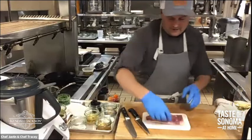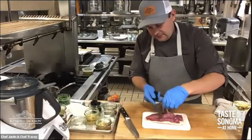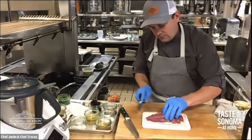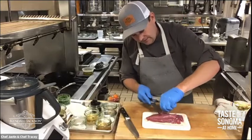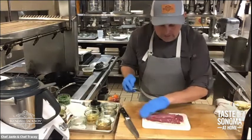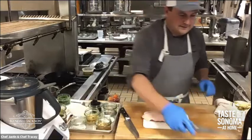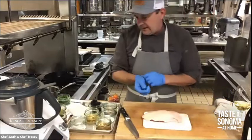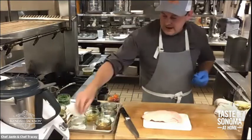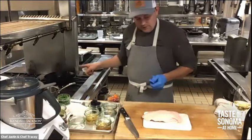On the other side, we just want to take off a little bit of the sinew, and a little piece off that tender there, and just clean it up like you would a steak or any other kind of meat. There's not really much loss on it. The only thing you lose is as the fat renders out, some of the weight and fat. But the nice thing about that is you have some duck fat and you can cook some other things in it. So I'm just going to add a little bit of salt, and then I'm going to put it in a cast